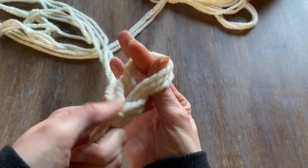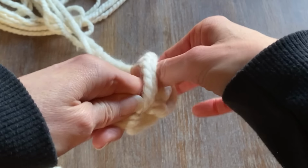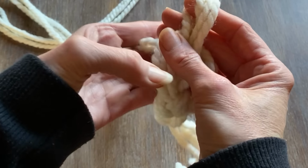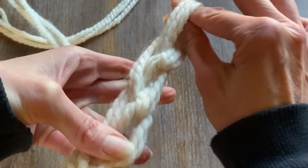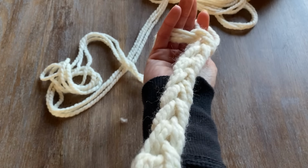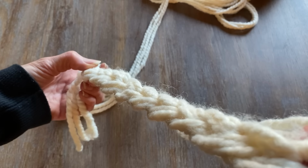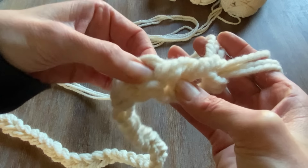You're just pulling it through, and really what it's going to look like is a long braid. Just keep pulling the working yarn through until you have a chain of 45. This is going to give you a medium to large size blanket. Depending on how big you want your blanket will depend on how many you chain on to create your start loops. But using the 3-in-1 to create a thick chunky blanket is perfect for keeping it inexpensive and making